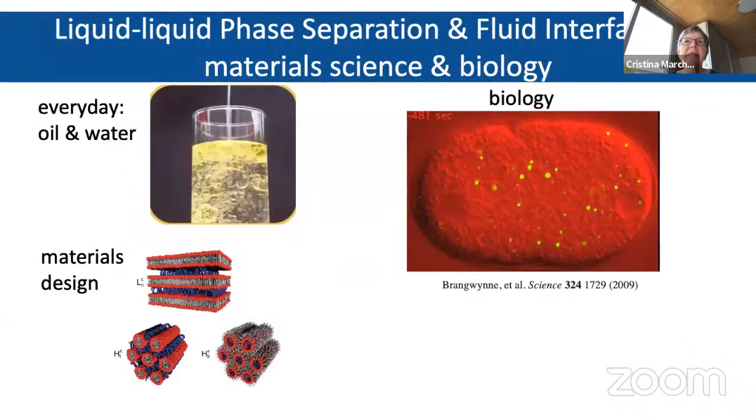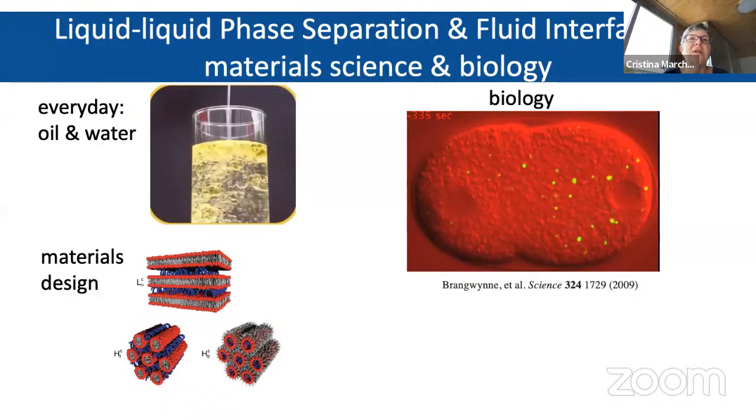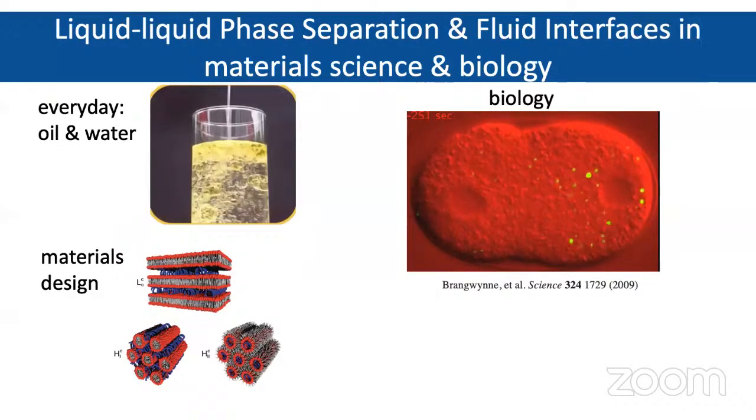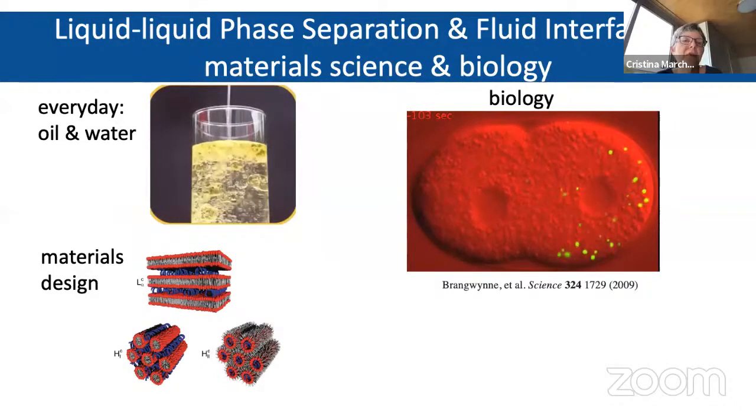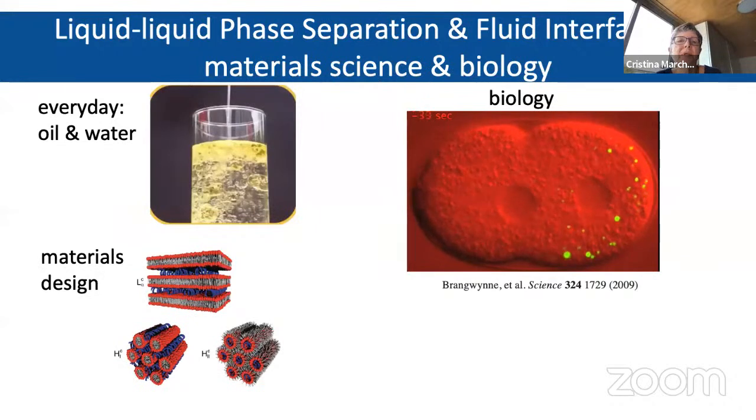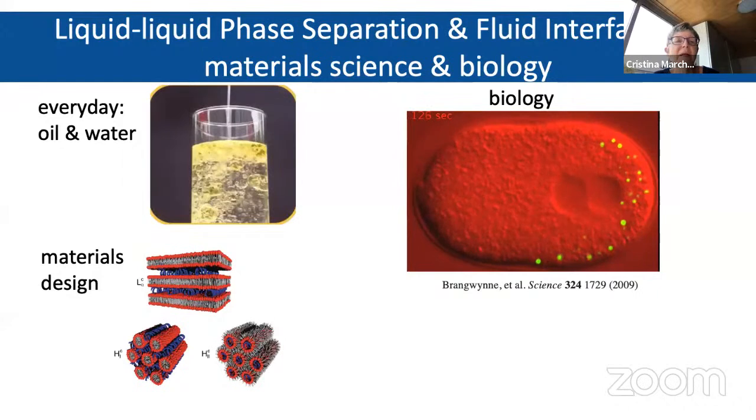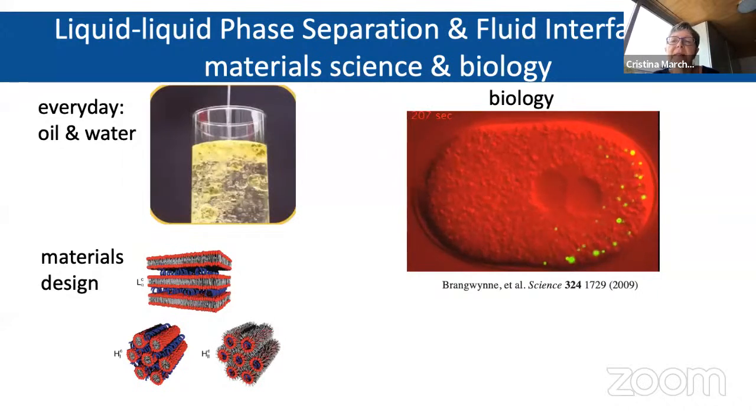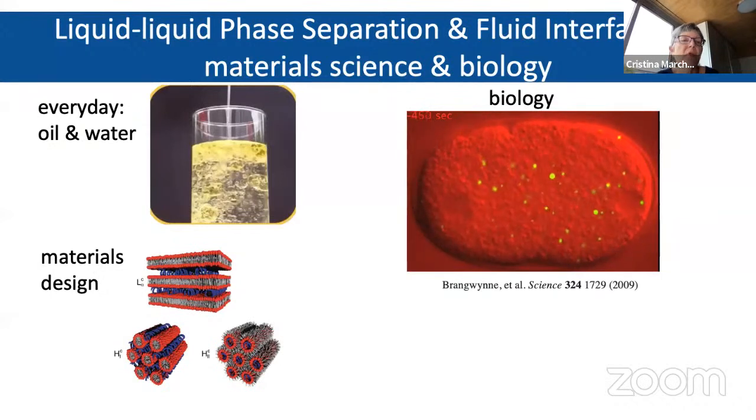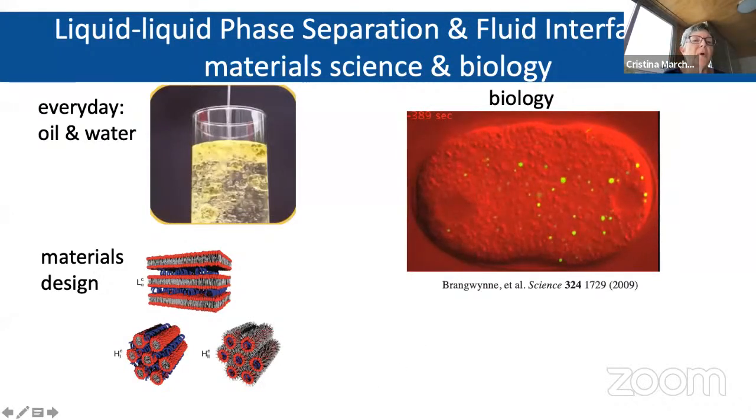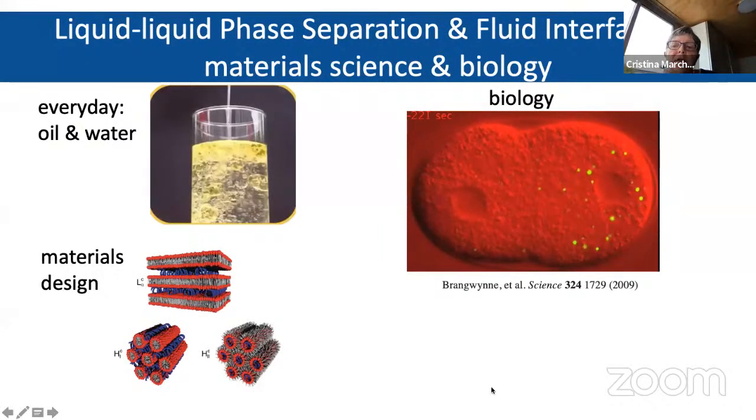Okay, but let's start with interfaces. As you know, immiscible fluids, such as oil and water, phase separate, creating soft fluid-fluid interfaces. And the physics of liquid-liquid phase separation has applications to many fields, from cooking, making salad dressing, to materials design, the creation of, for instance, these block copolymer structures shown here, and also in biology, where it drives the condensation